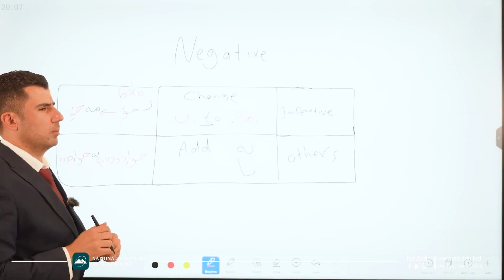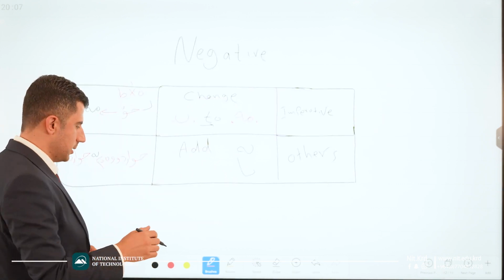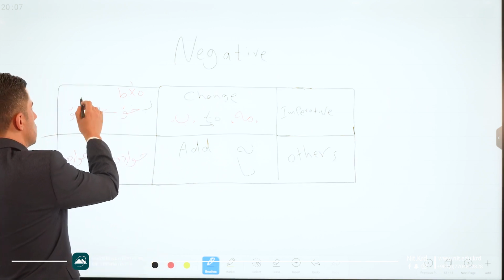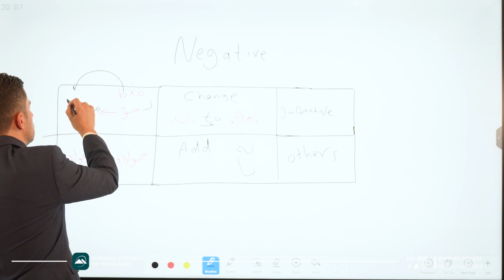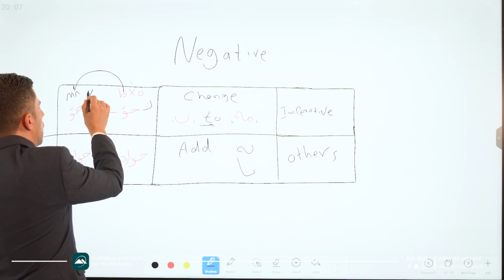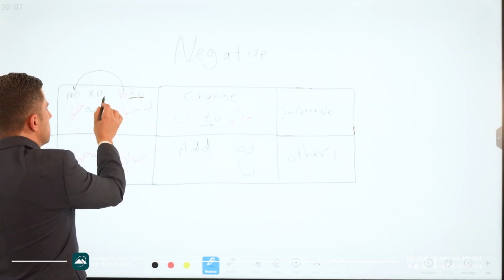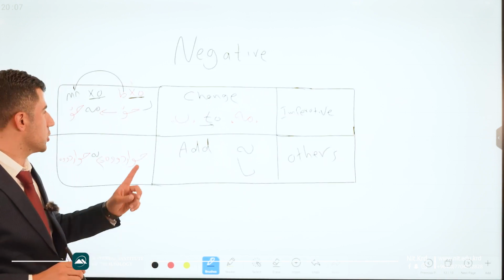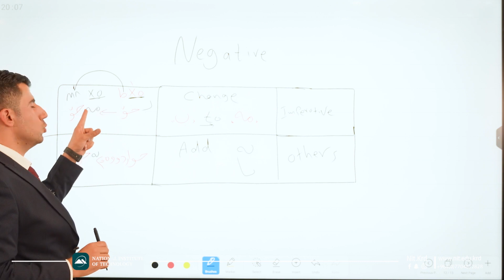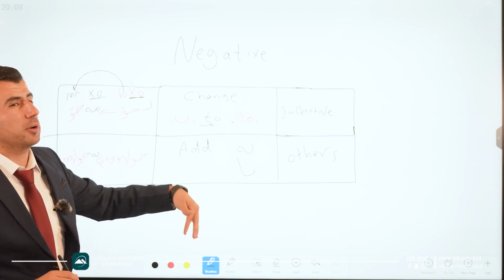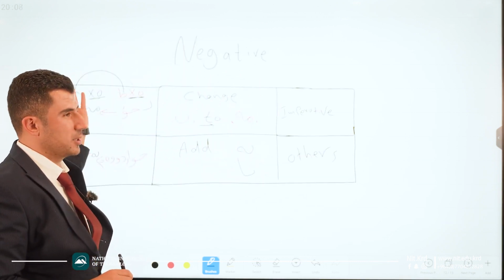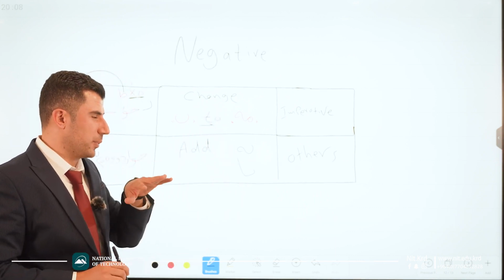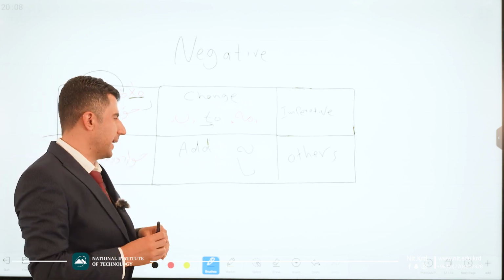Now we want to change it to makho. Don't eat it. We say makho just by changing b to ma. We didn't change the root of the verb, just we change b to ma. But for the others that we talked about, we have past and present and future, that present and future together is just one package.